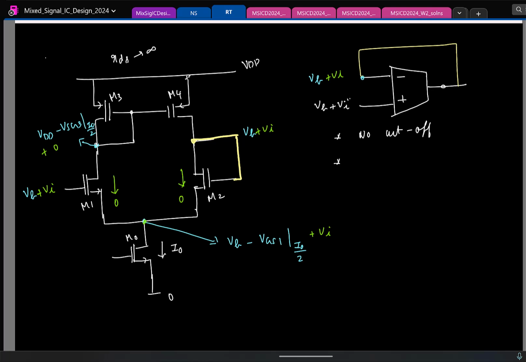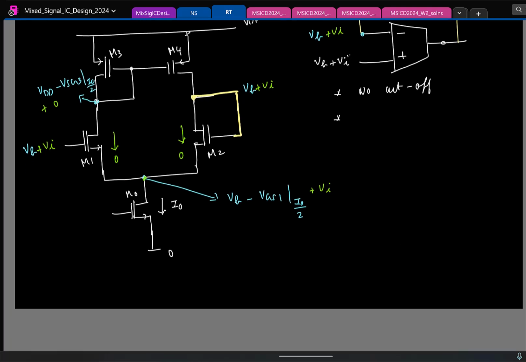So first tell me for which transistors I don't have to worry about it entering into triode region. Is there some transistor here which can never enter into triode region? M1. Why M1? No, incremental voltage is Vi. Why M3? Remember, gate and drain are shorted. So VGS is same as drain to source voltage. Yeah, it's definitely greater than VGS minus VTH. Fine. So we don't need to worry about